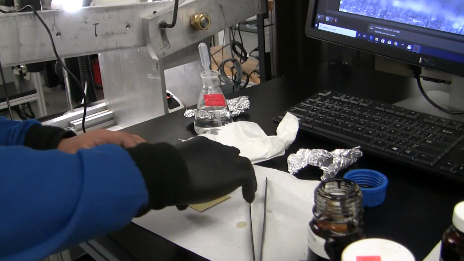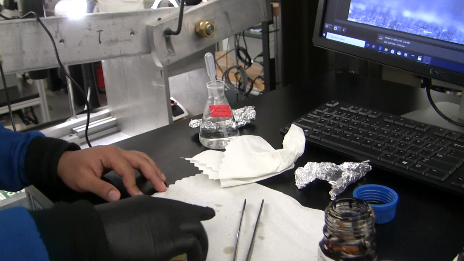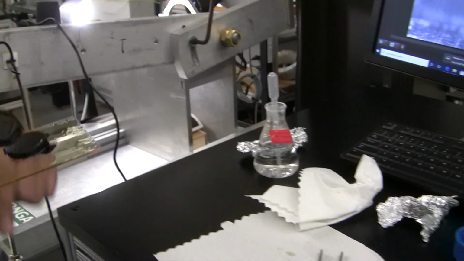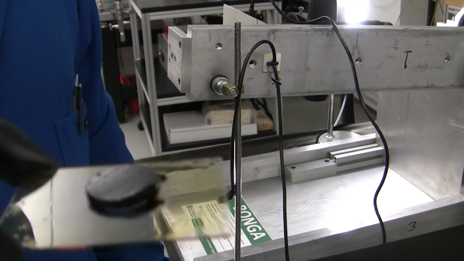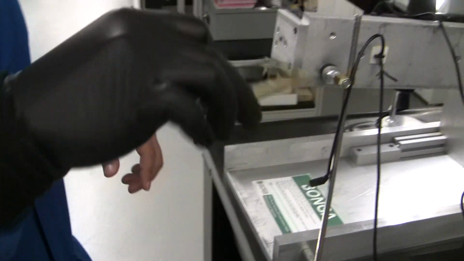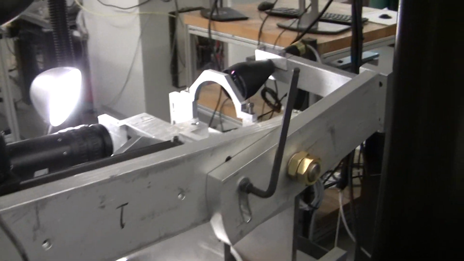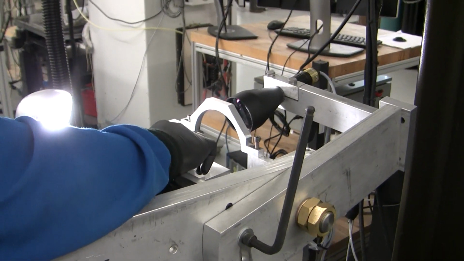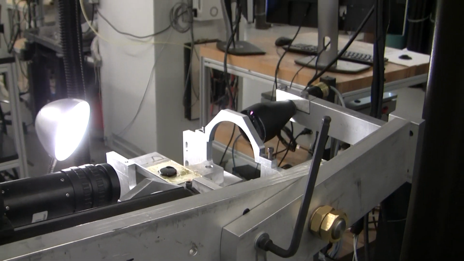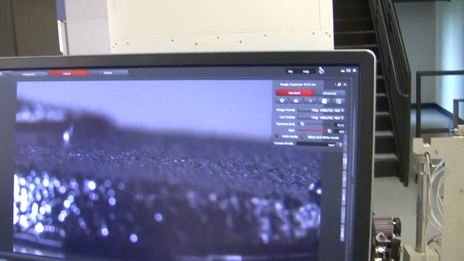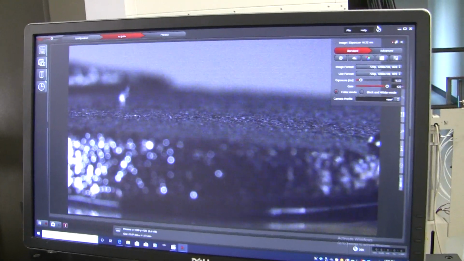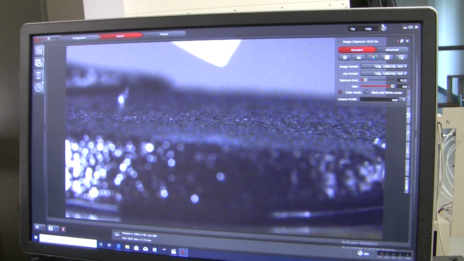And now the other kind of surface we have here is a rock chip that has been aged in oil for weeks. So this was saturated in oil and just kept in oil for several weeks so that the oil can change or alter the wettability of the rock. Now let's put a drop of water on the surface.